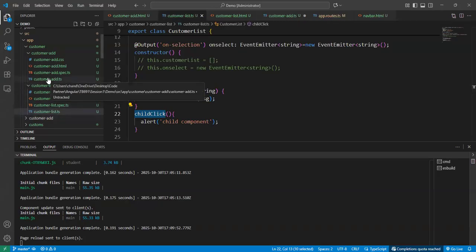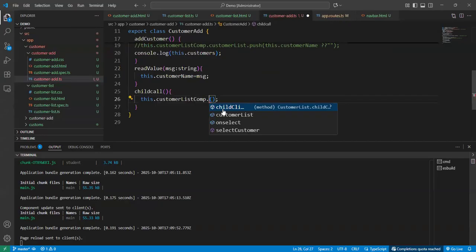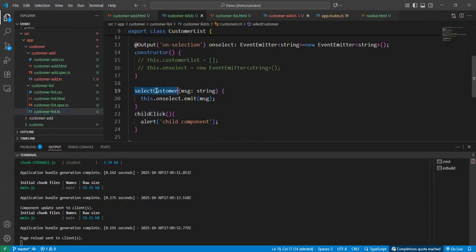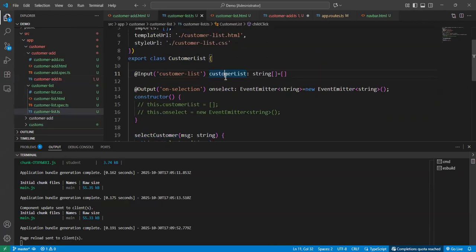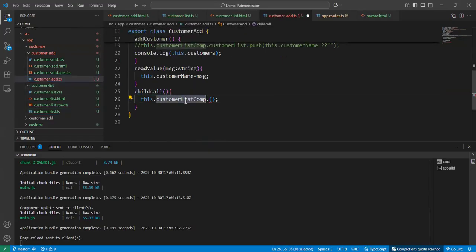Okay, so through this view child we can call the complete page. You have access to the complete page. Okay, through this you can remove, and on here we have all things on select customer. Okay, customer list, we have all functions we are accessing in the parent component of the child component. So suppose that this is a parent component. On here child click, customer list, on select customer. Go to the on select customer child click. Okay, these are all variables and functions accessed in the parent through this